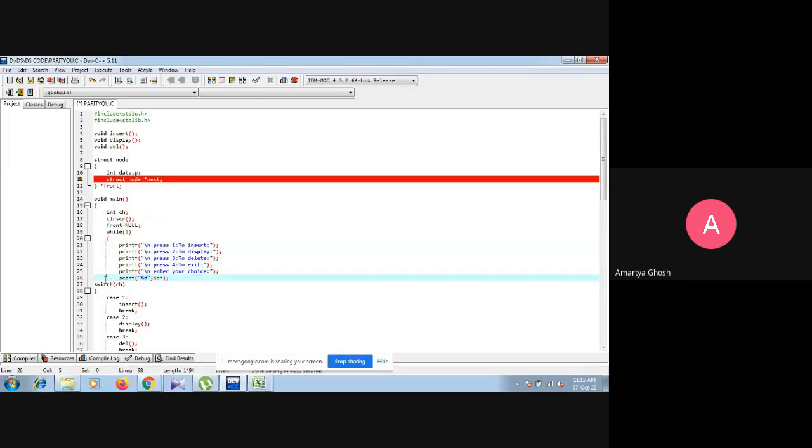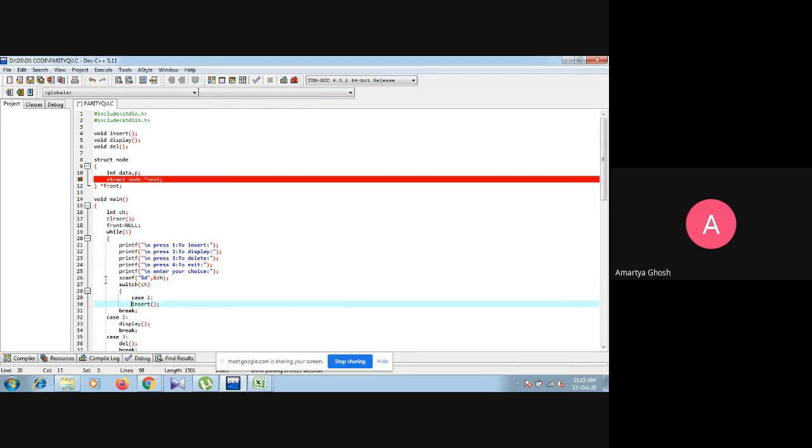Now there are some choices within the while: insert, display, delete, exit, and enter your choice. We scan that choice from the user and store it into the ch variable and send it into the switch case.